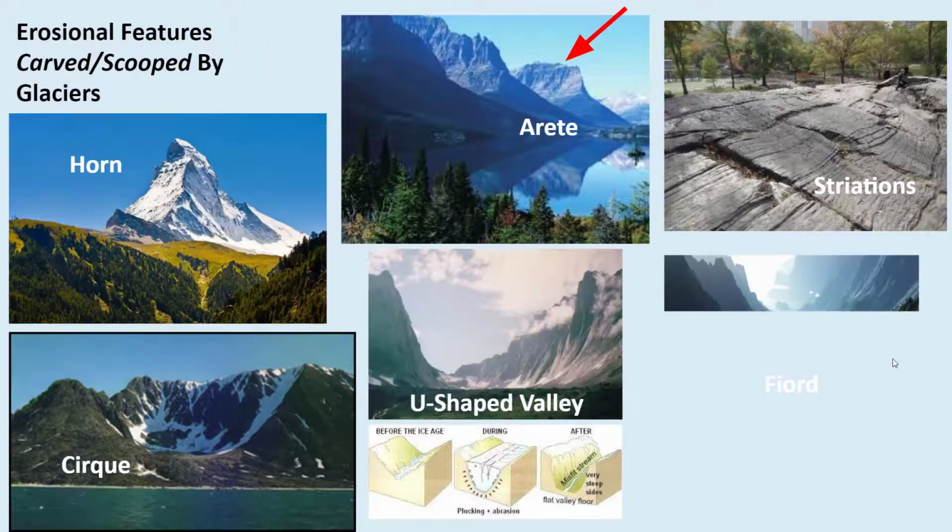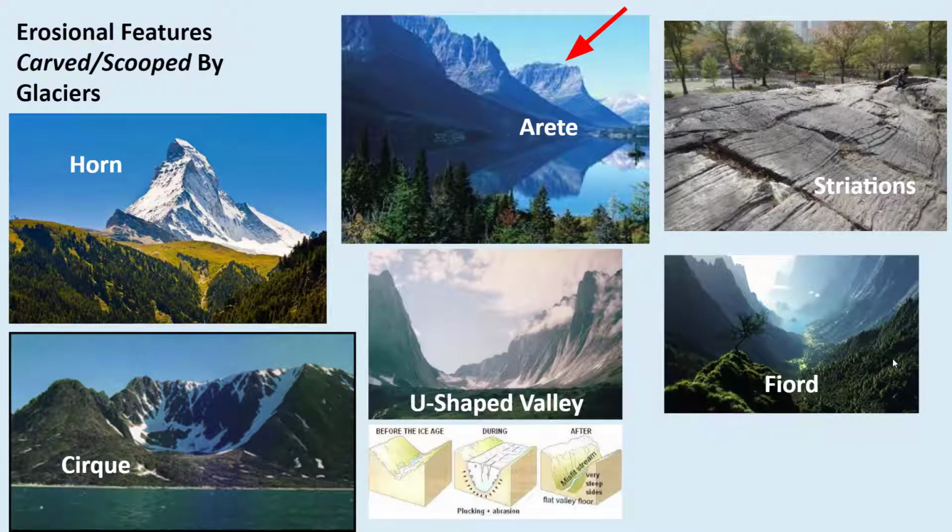Here they are. These are pictures of all of these things. Now, are we going to make you memorize them? No. What we do want you to know is that can you look at a picture and determine if this is something that has been eroded? Here are some clues for you. Again, you guys, I want you to think of the words carving and scooping because that's what happens in erosion.